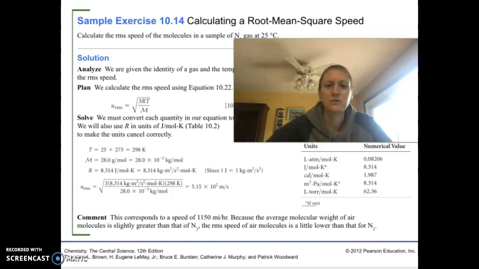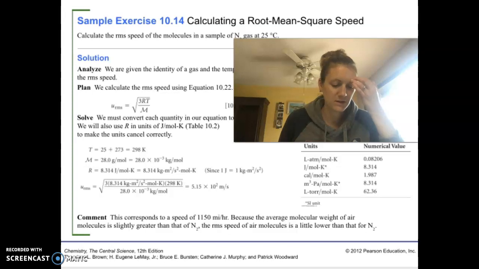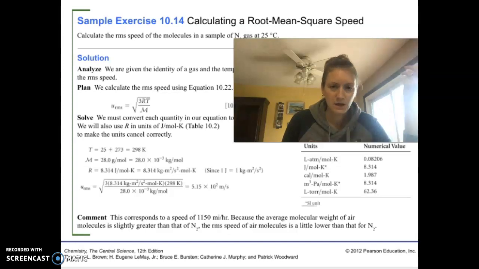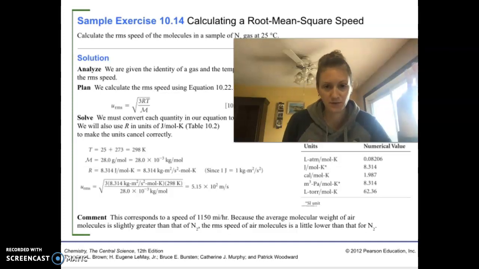All right, we are here to finish up the rest of Chapter 10's example problems. So we're going to start with Chapter 10.14, which is calculating the root mean square speed of a gas. So the problem is asking to calculate the root mean square speed of molecules in a sample of N2 gas at 25 degrees Celsius. So we're given the temperature, which we of course know we have to convert into kelvins